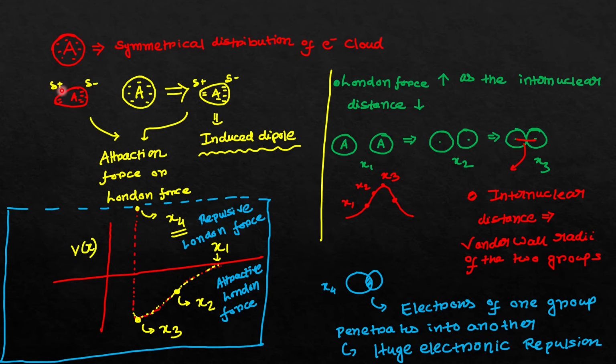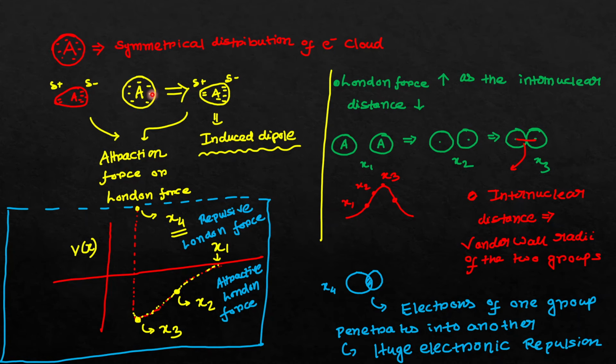the molecule will have some dipole moment. So a partial positive charge and a partial negative charge will be created temporarily, because the electrons are always moving, and at some instance there may be a possibility that a small amount of electron is accumulated in this portion, and on the right side a large amount of electron is accumulated.